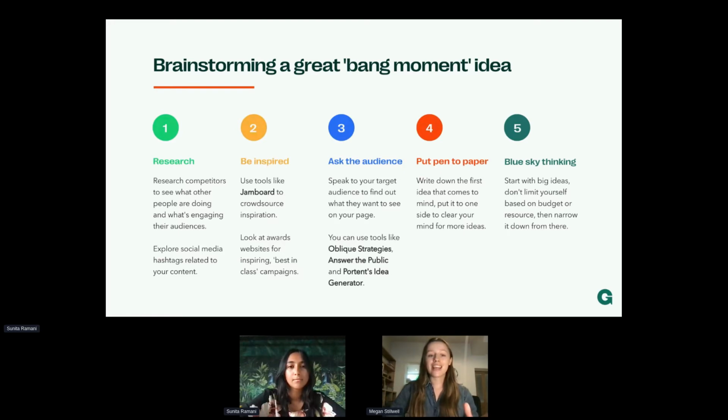Secondly, take a look at using tools like Jamboard, which is a free tool that you can use to crowdsource inspiration. Jamboard in particular is a giant online whiteboard where you and your team can write post-it notes together and brainstorm ideas in a collaborative way, all at the same time. So we'd suggest if you're using a tool like Jamboard that you perhaps start by writing down campaigns that have stood out to you in the past.